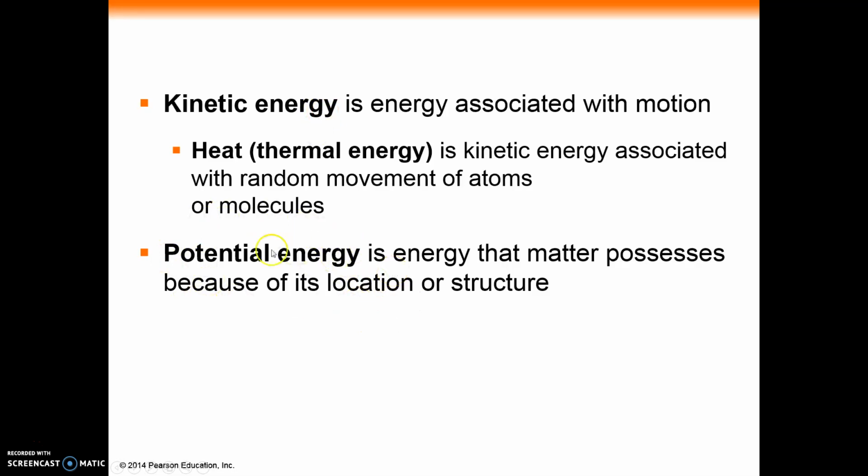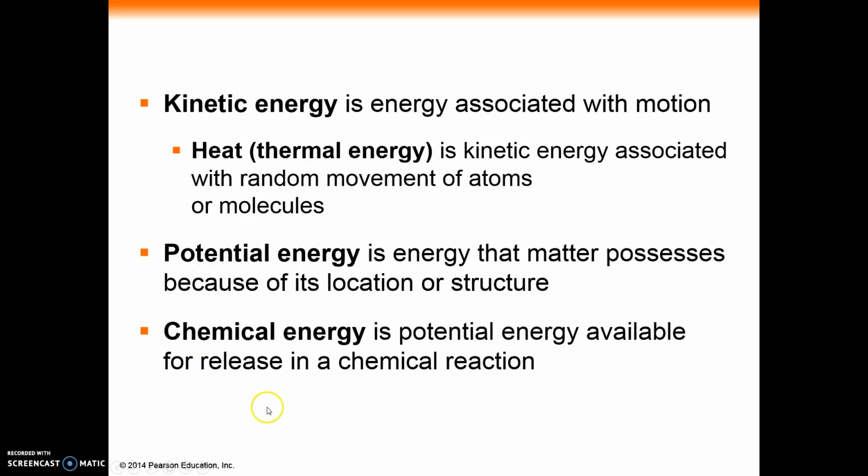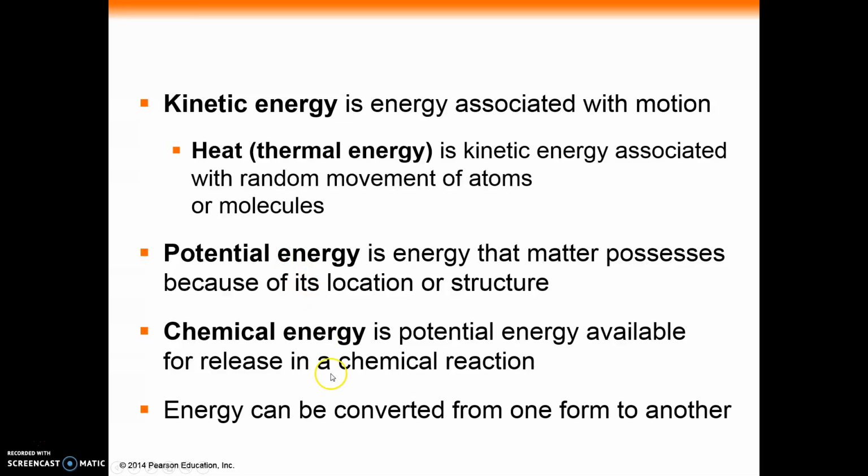It already existed in this thing that we call potential energy. We also have this thing called chemical energy, and this is energy that can be released through a chemical reaction. So in a way, chemical energy is a form of potential energy. Now, energy can be converted from one form into another, but it can't be spontaneously created, and it can't ever